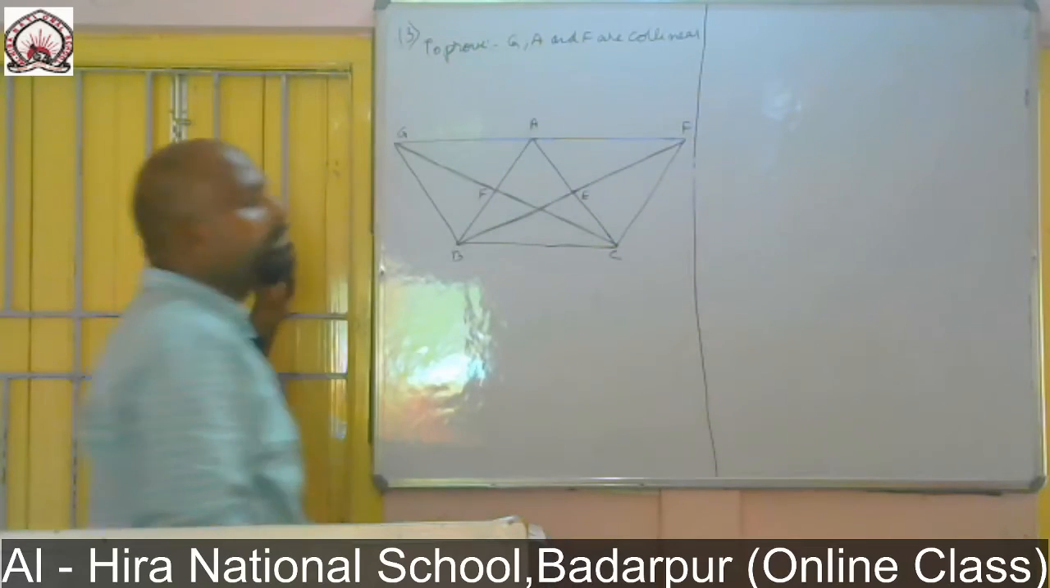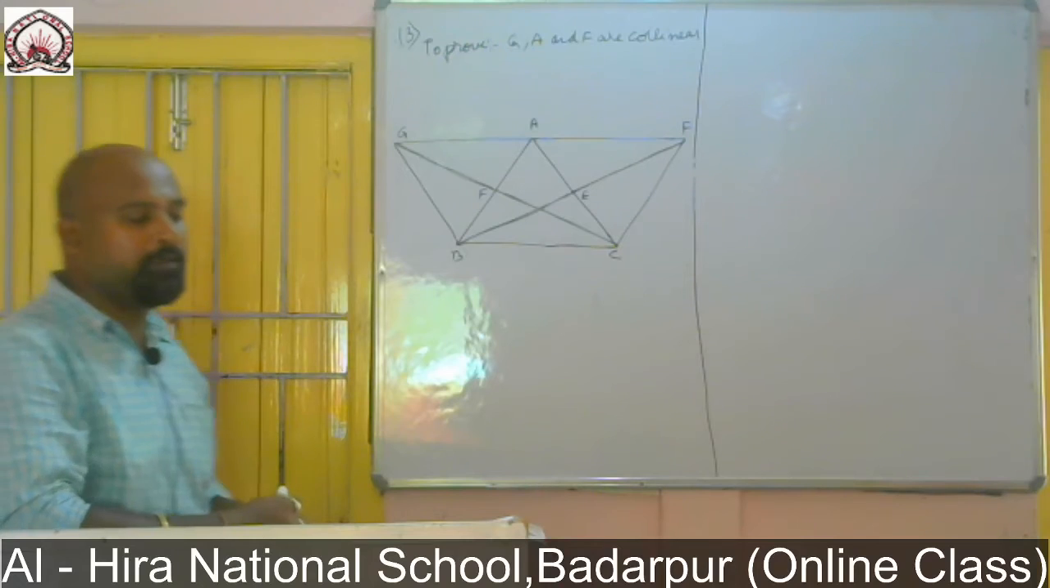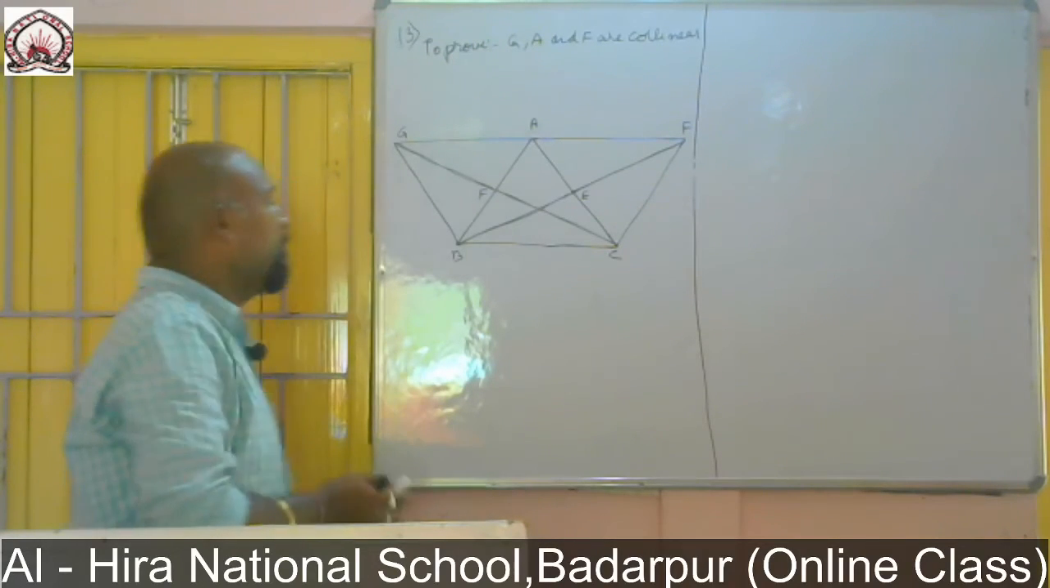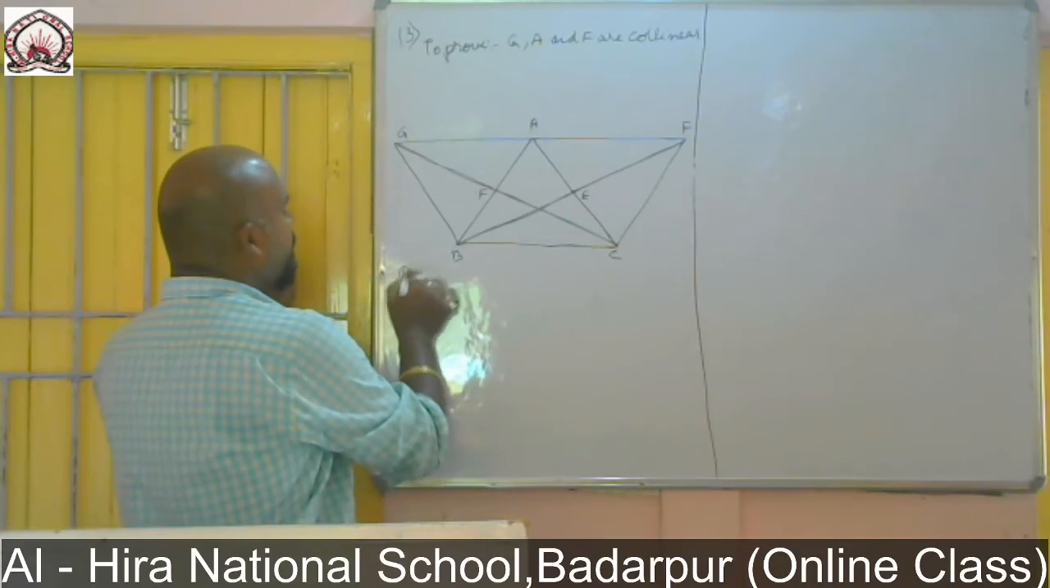That G, A and F are collinear. Collinear means they lie on the same line. Now, if I consider the concept of proof,